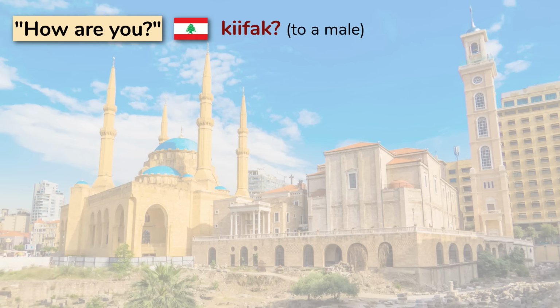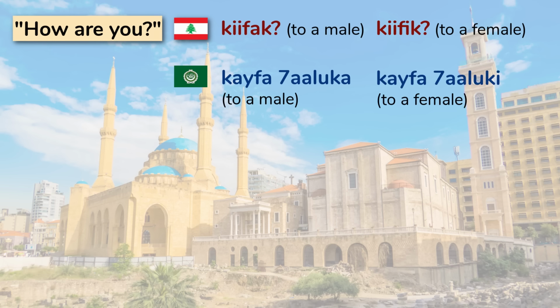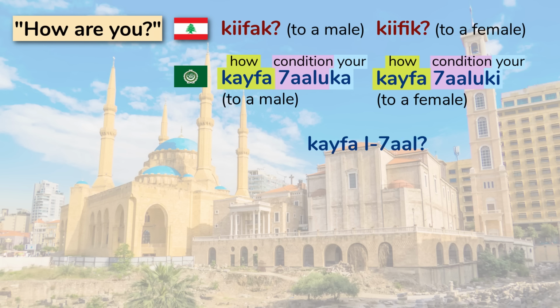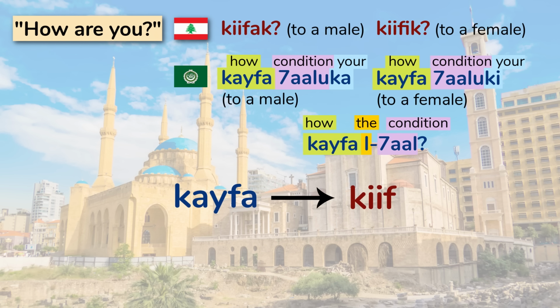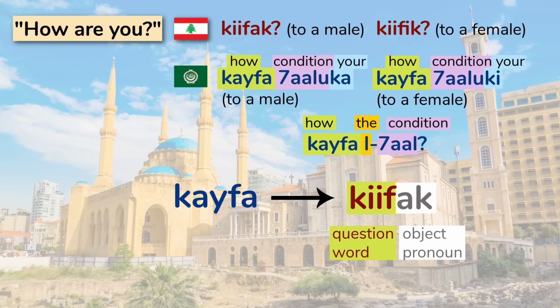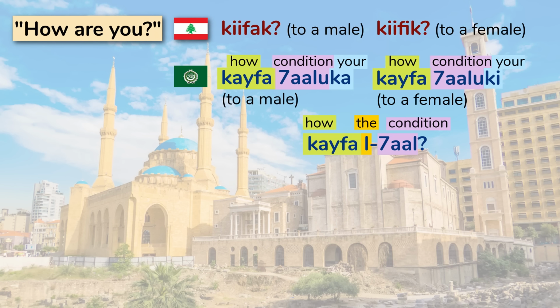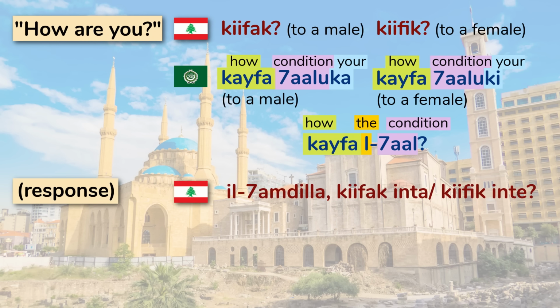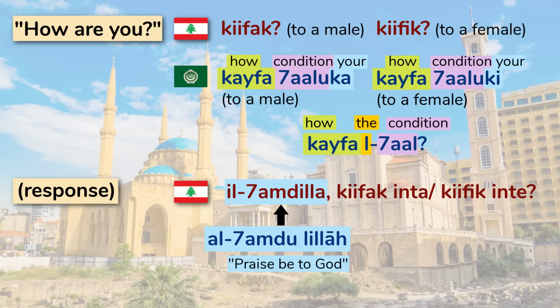How are you? كيفك when said to a male, and كيفك when said to a female. In MSA, this would be كيف حالك, how condition your, or كيف الحال, how the condition. كيف comes from كيف, and the object pronoun suffix is added directly to the question word. The response to kifak is normally a typical Arabic response: الحمد لله, كيفك أنت? الحمد لله is a slight contraction of the Arabic phrase الحمد لله, meaning praise be to